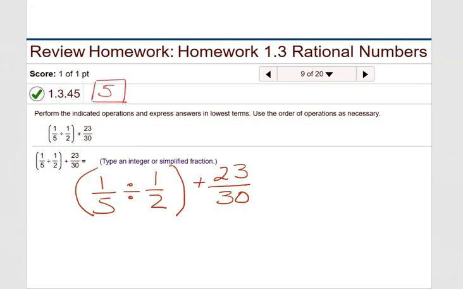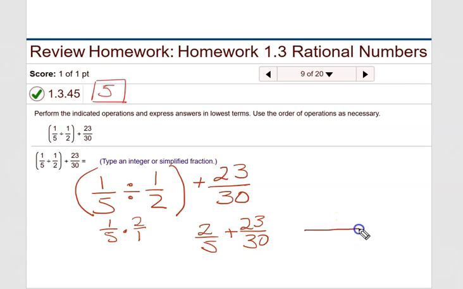Now for number 5, we want you to write the example down. And then our first question about it is, what do we do first? Well, we deal with the parentheses, which is division. So when you do this division, what do you end up with? We'll pause. So this is going to be 1/5 times the reciprocal of this, which is 2 over 1, which now becomes 2/5, and then we have to add that to